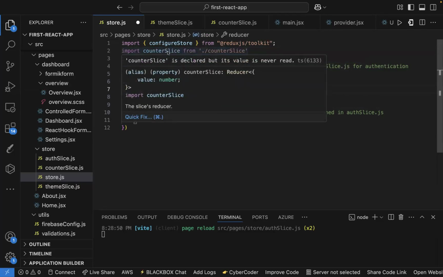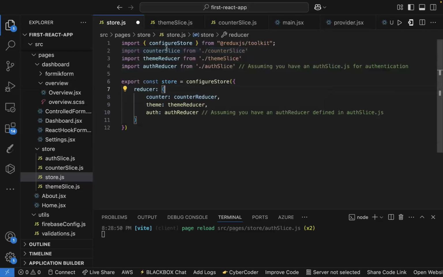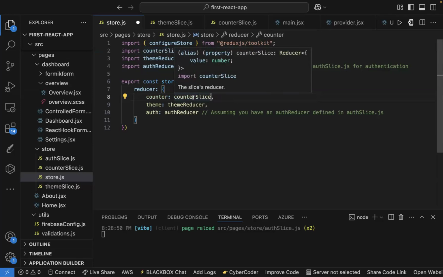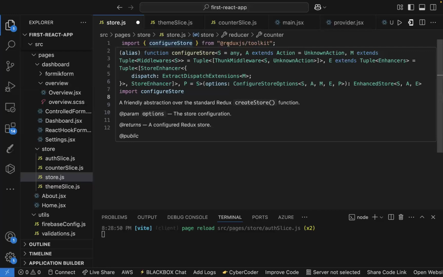Do you follow? Yes, sir. I can name it counter slice, which is the name that we have already here. Okay? And move it here, and it will still do the same actions. So the name I'm giving is just like